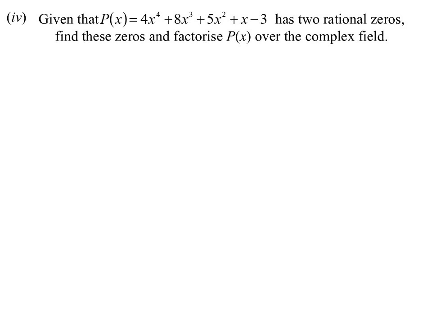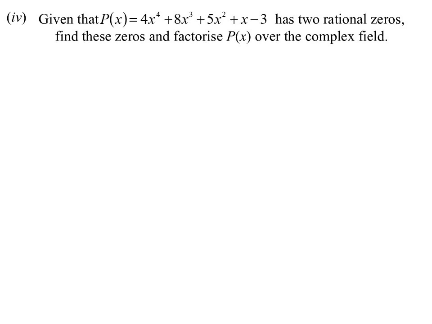We're talking about real solutions. Find these zeros and then factorise it completely, but over the complex field, so into linear factors. Okay. Two rational zeros. Nicely, the constant, again, we've got a prime number, that's 3, so that gives us 3 or